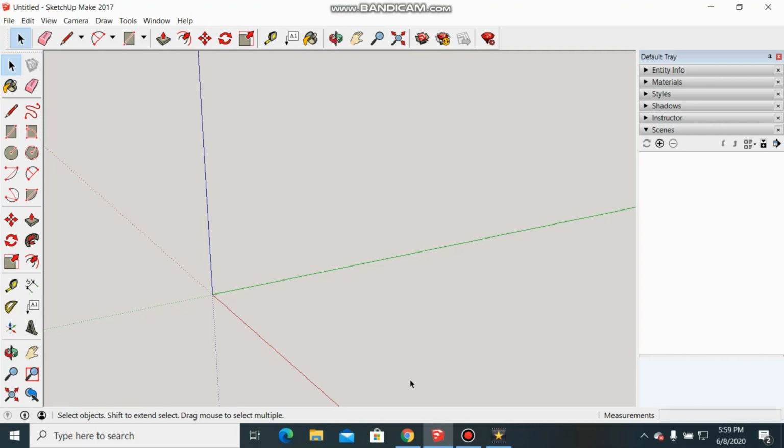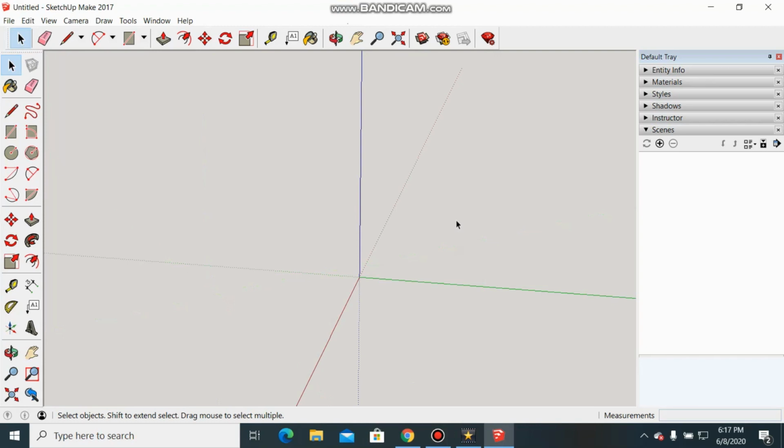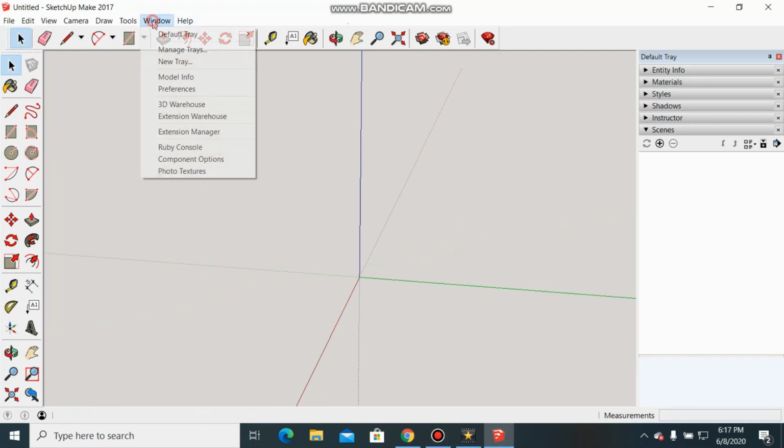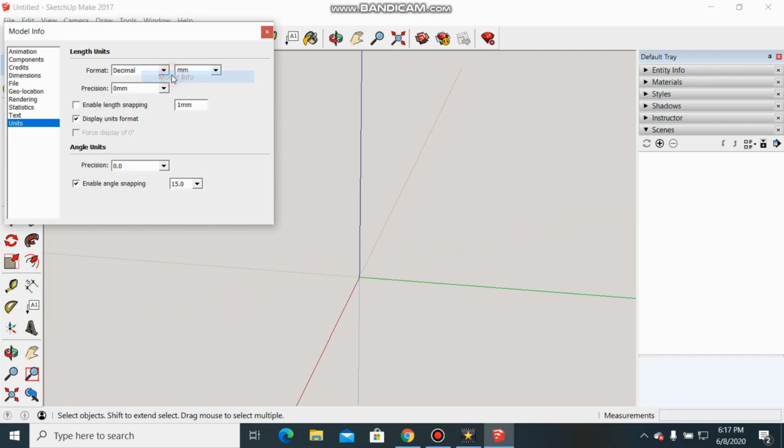Here is the SketchUp workspace interface. As a first step, we will go to Window, Model Info, Units, and make sure that the decimal format is set, millimeters, and here we will tick the first box to set the program not to display decimals in our unit of measure. We return to the workspace,